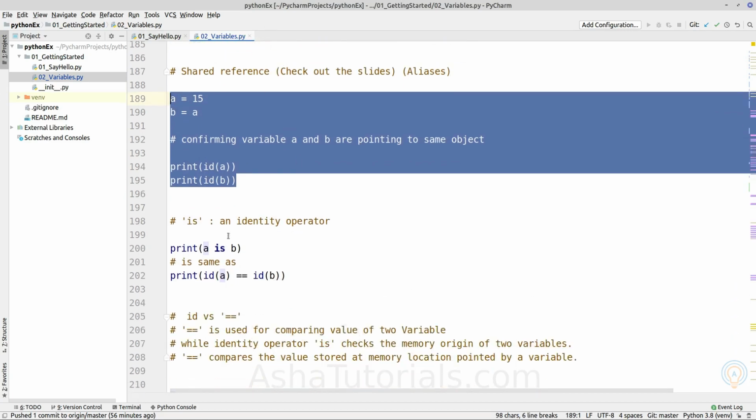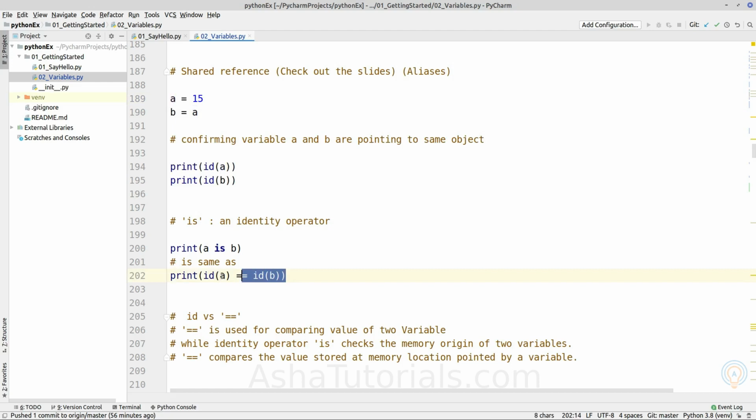Next topic is the is operator, which is also called an identity operator. So in the previous section we saw that if two variables a and b are pointing to the same object, the id of both variables will return the same value.